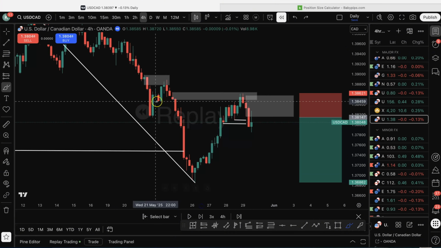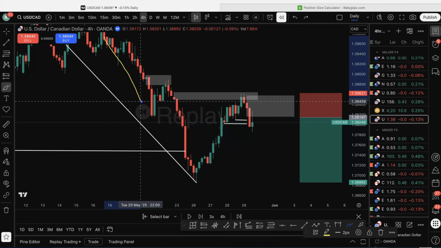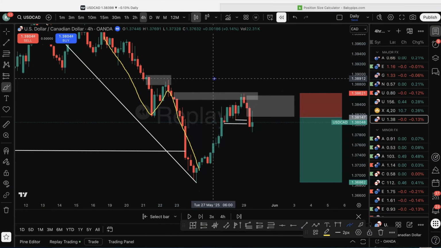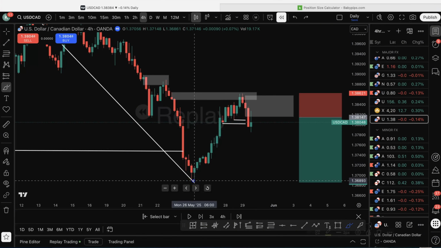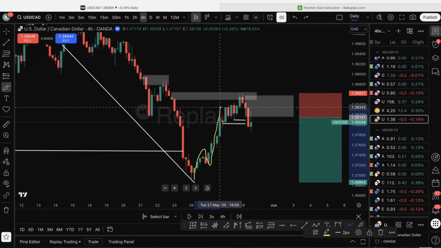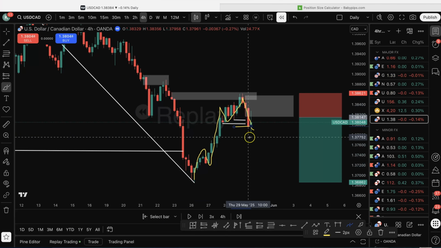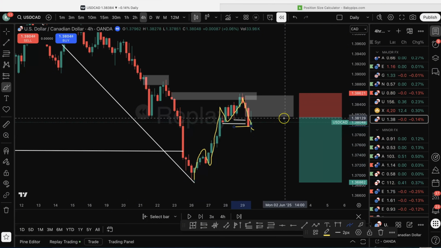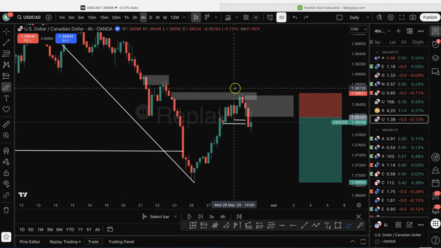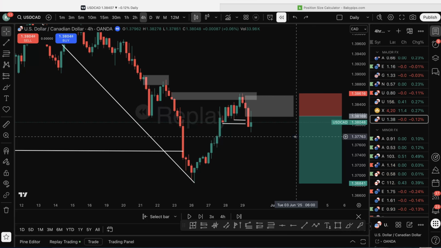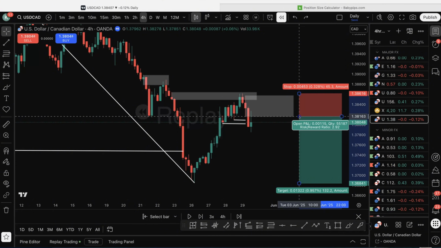So the big picture trend, which is going to be this one that we're looking at here, is bearish, and we have a supply zone that we want to sell from. Now the smaller picture trend, which is going to be this one, has now shifted bearish, providing us with a supply zone to sell from. Now the supply zone in question here is this last indecision candle before this impulse away. This means we can therefore place our sell limit on this area, target down into the lows, or wherever we